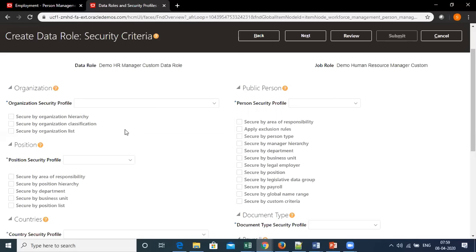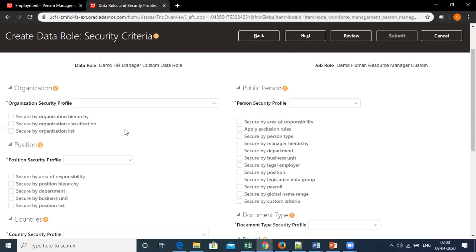I defined that this profile will give access only to the Finance SVCS UK business unit, so my criteria has been defined.